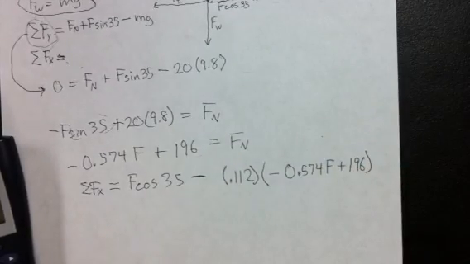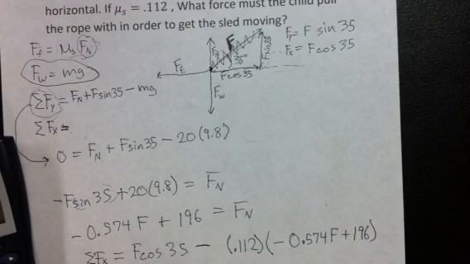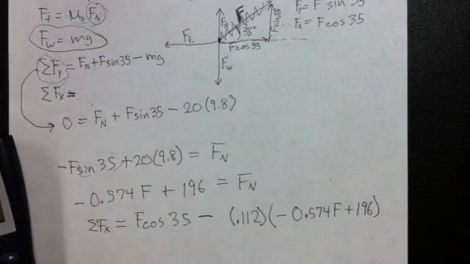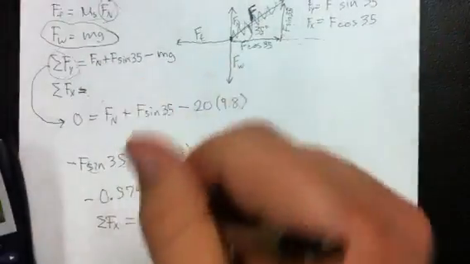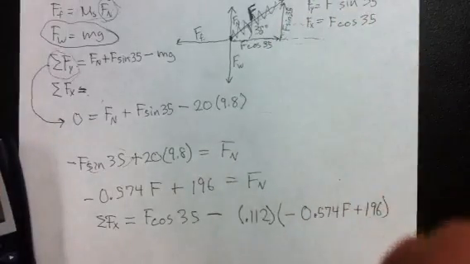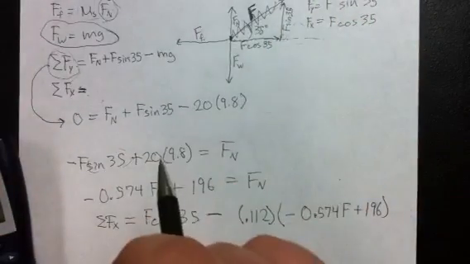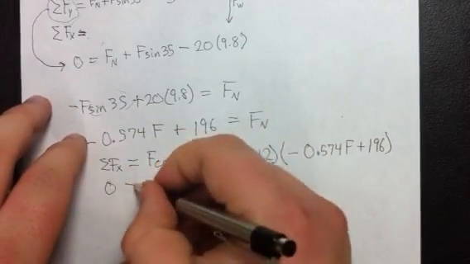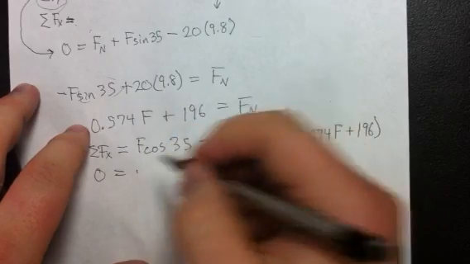Now, I also want you to note, the question is, what force must the child pull the rope in order to get the sled moving? And it's really the instant before the sled begins to move. In other words, the sum of the forces about x needs to be equal to 0. This is essentially saying that the sled is getting ready to move immediately after the child exceeds this force. So if we set the sum of the forces of x equal to 0,